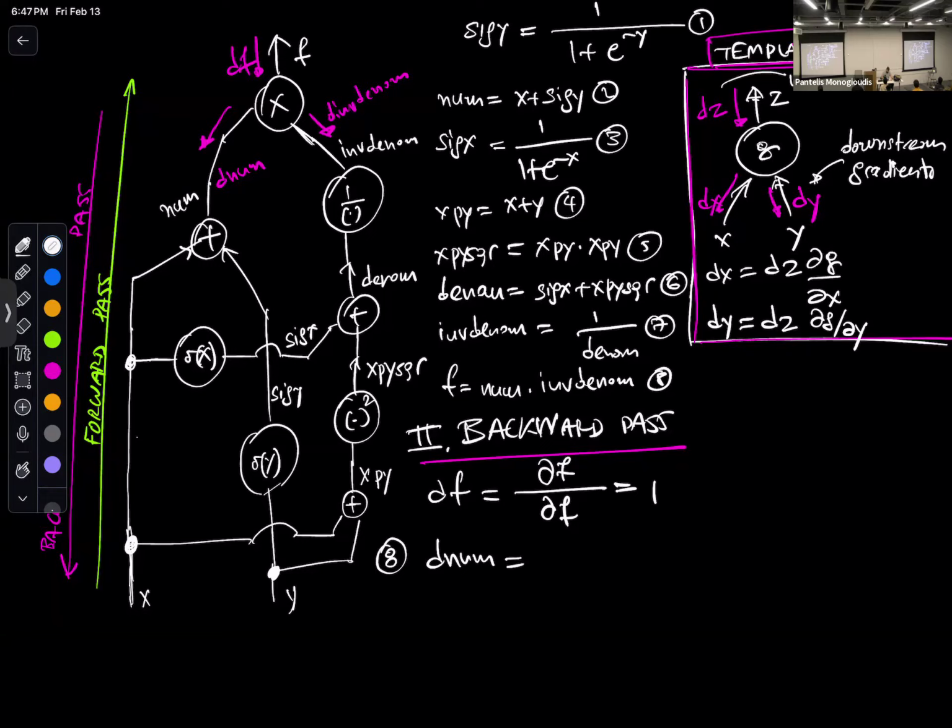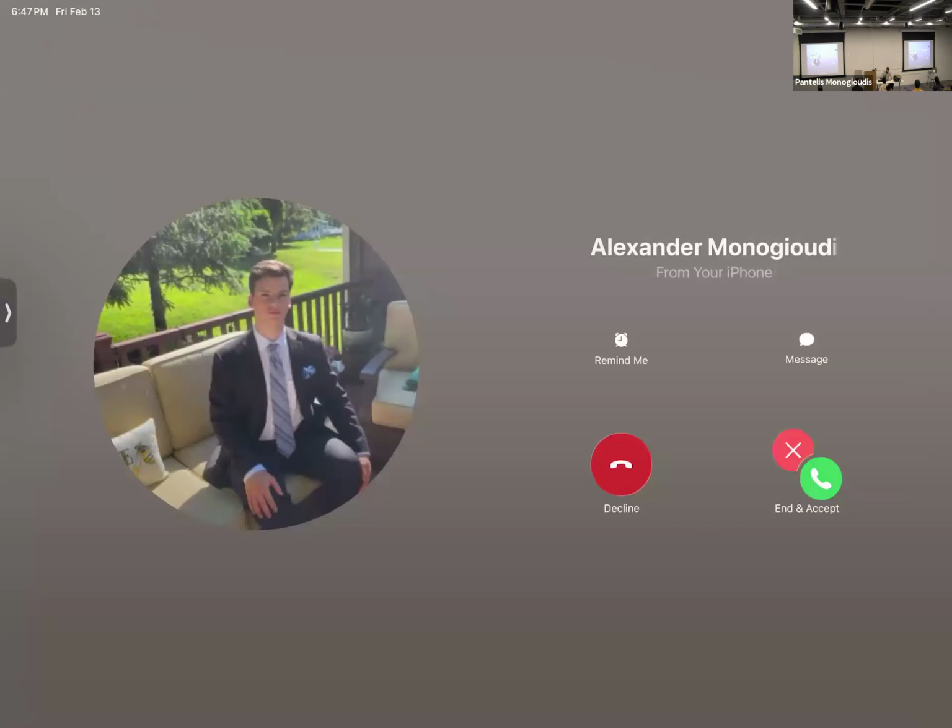d num is equal to, what is the upstream gradient? df, times the partial derivative of g. What is the gate doing? It is doing a multiplication. Who is going to tell me the multiplication operation? Equation 8 of the forward pass. So equation 8 of the forward pass is telling me num,